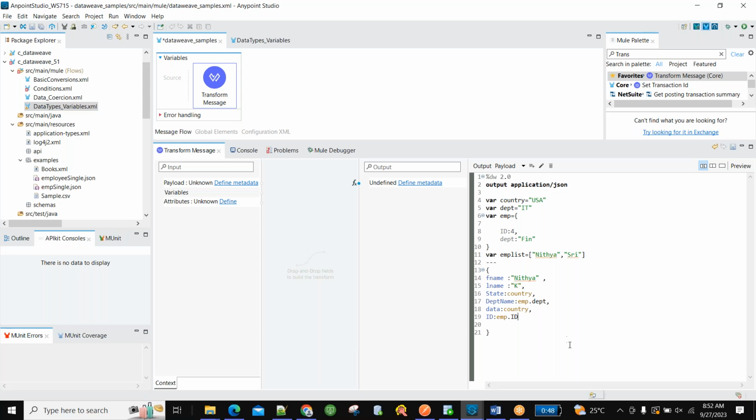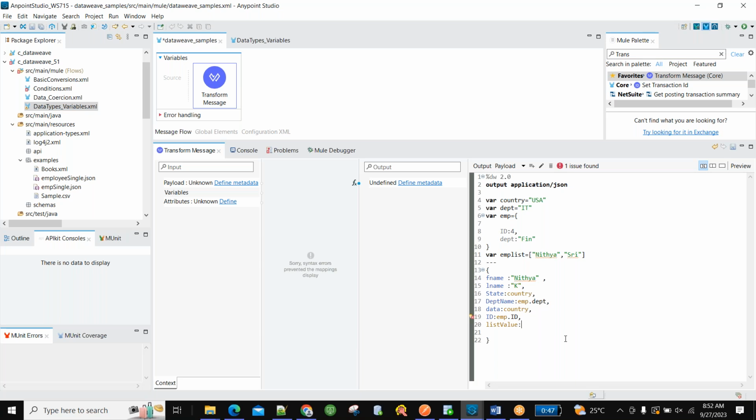If I want to call the value from the emp list, let me keep it like list value. Now how can I access it?